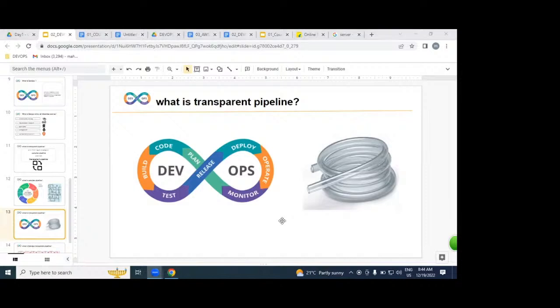If any issue or blockage occurs in the middle, you can see at one look in this transparent water pipeline where exactly the problem is, and resolve it as soon as possible. The same way in the DevOps process also, because DevOps is an automated process. DevOps is a transparent process. In the middle, if you get any issue or problem,